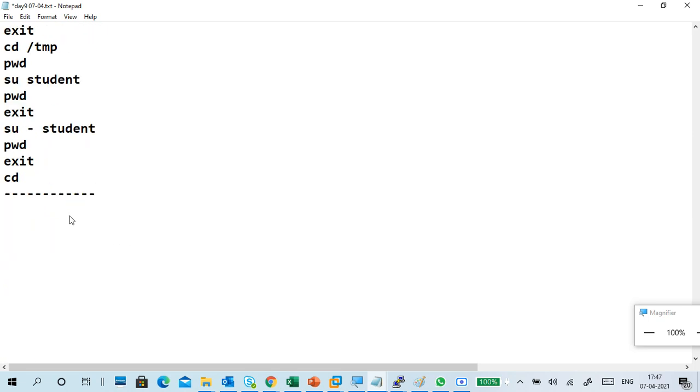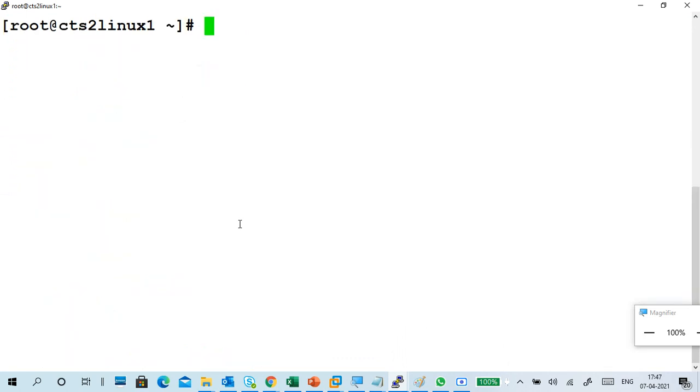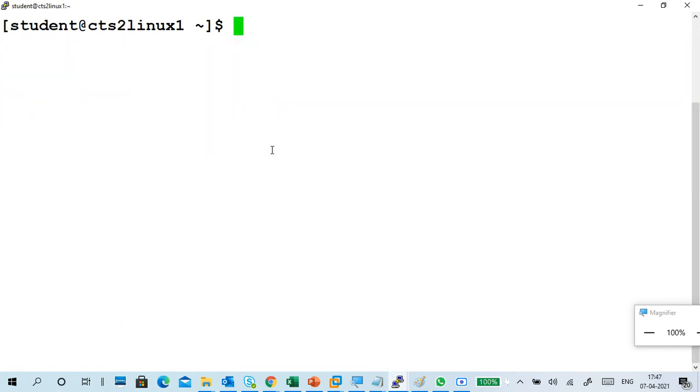Okay, next. We are in root, so in root it is quite easy to switch from root to any user, and there are still some reasons we'll do that. But here the question is about student.